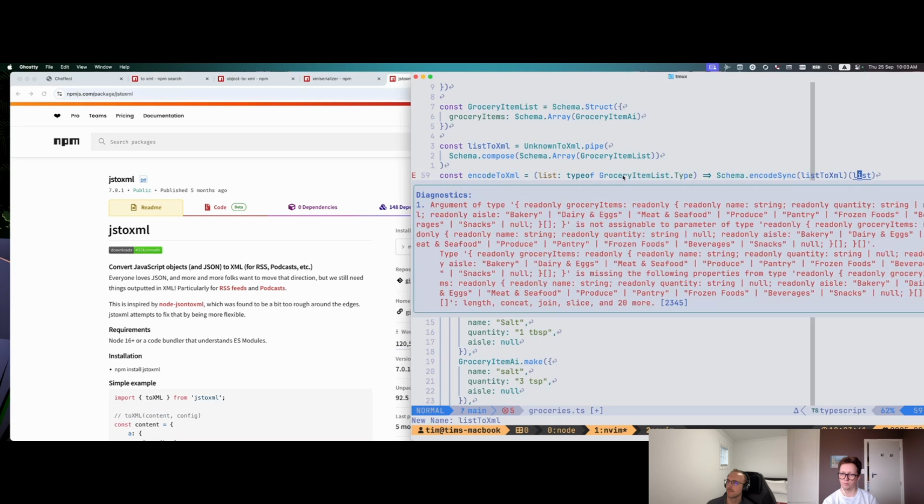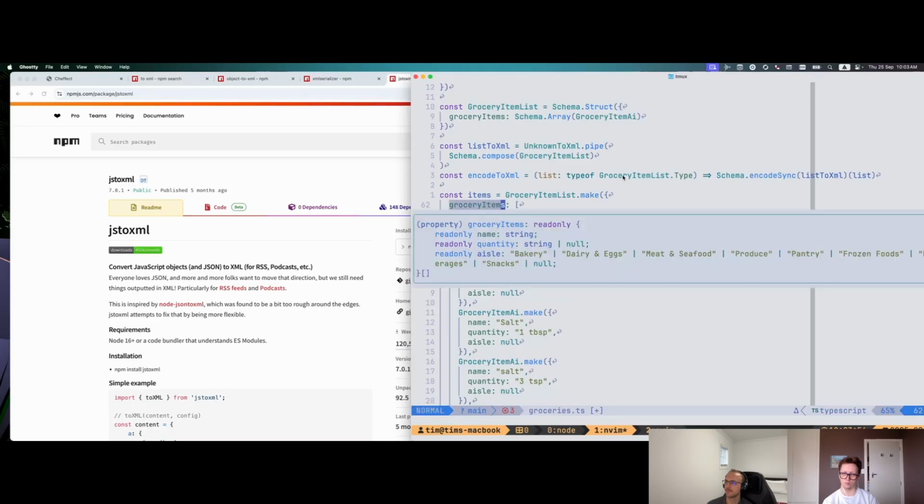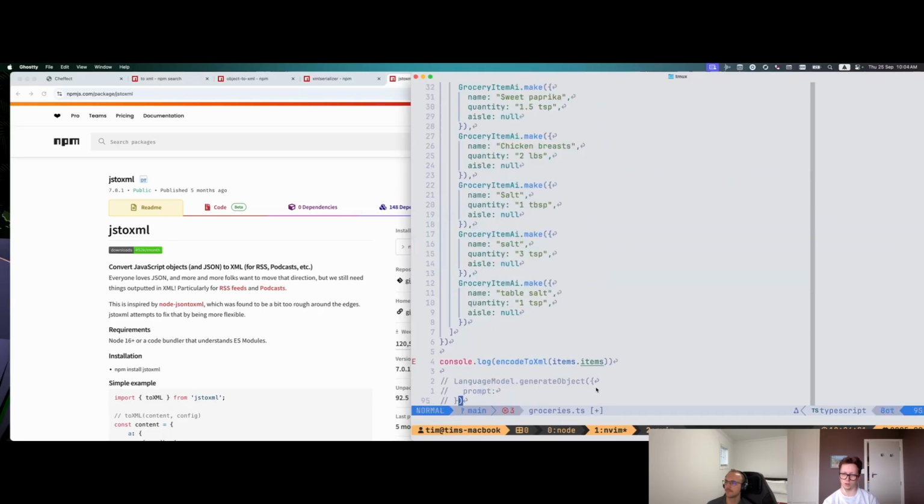That's the problem. It's just right to the array in the composite schema. There we go. And then